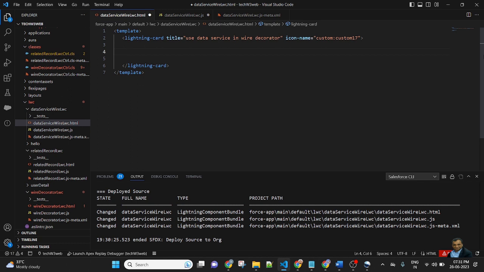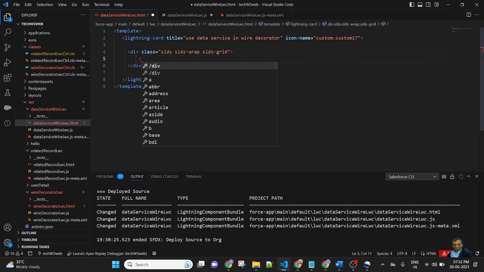So I will use a div container, div class slds-wrap slds-grid. So it is a predefined class in Lightning Design System.